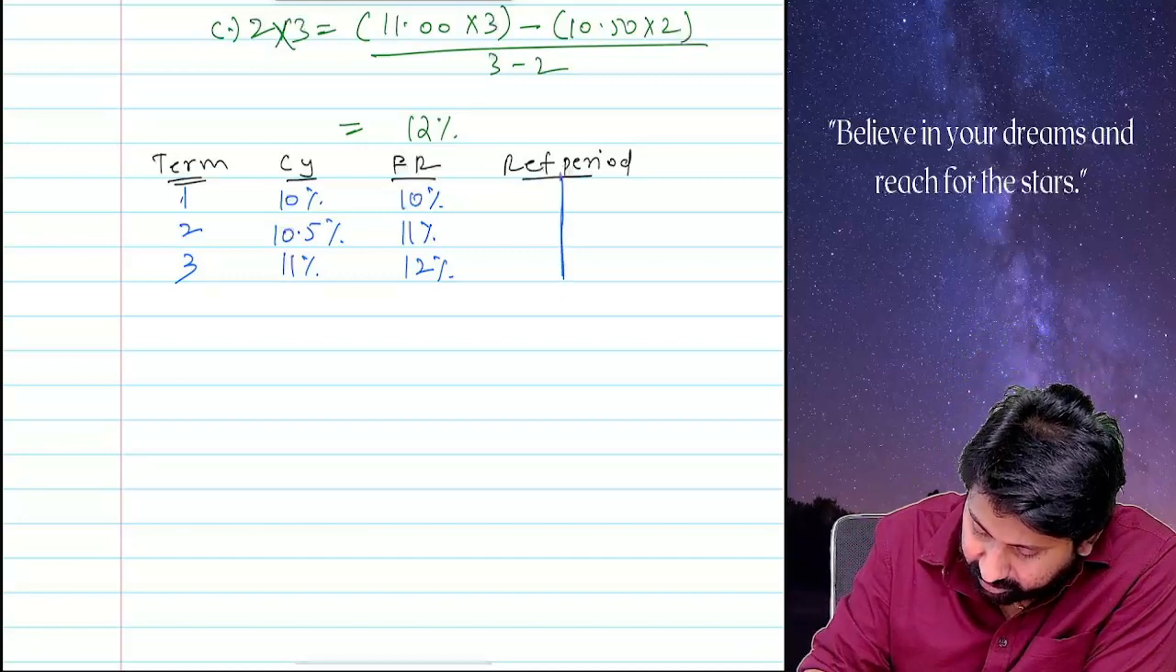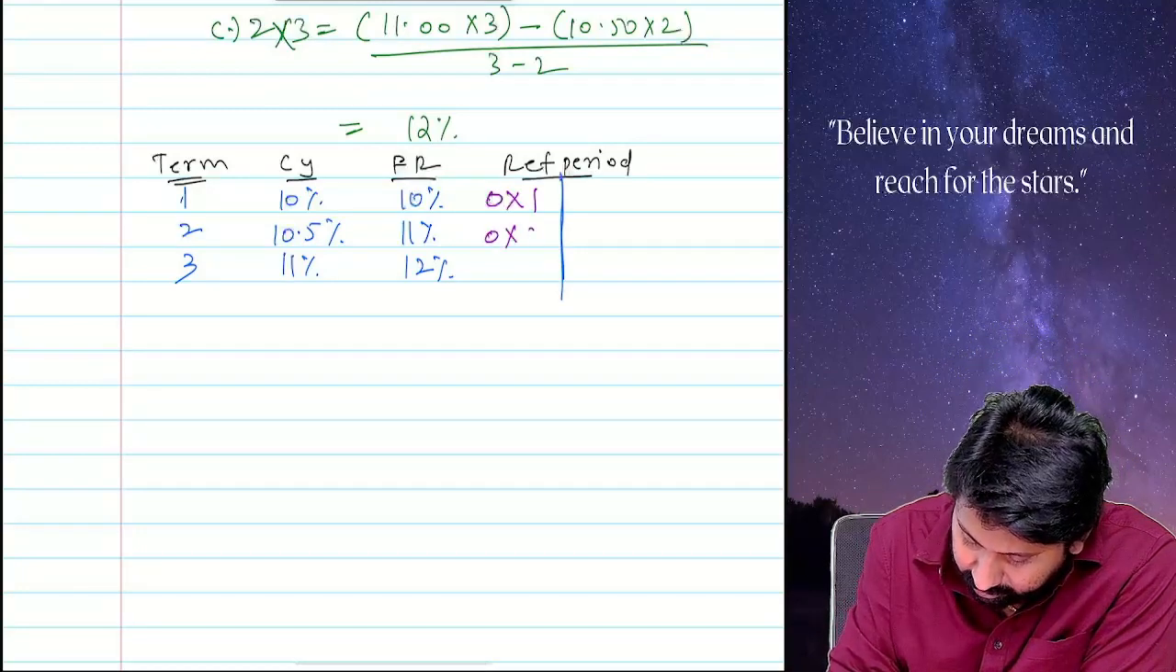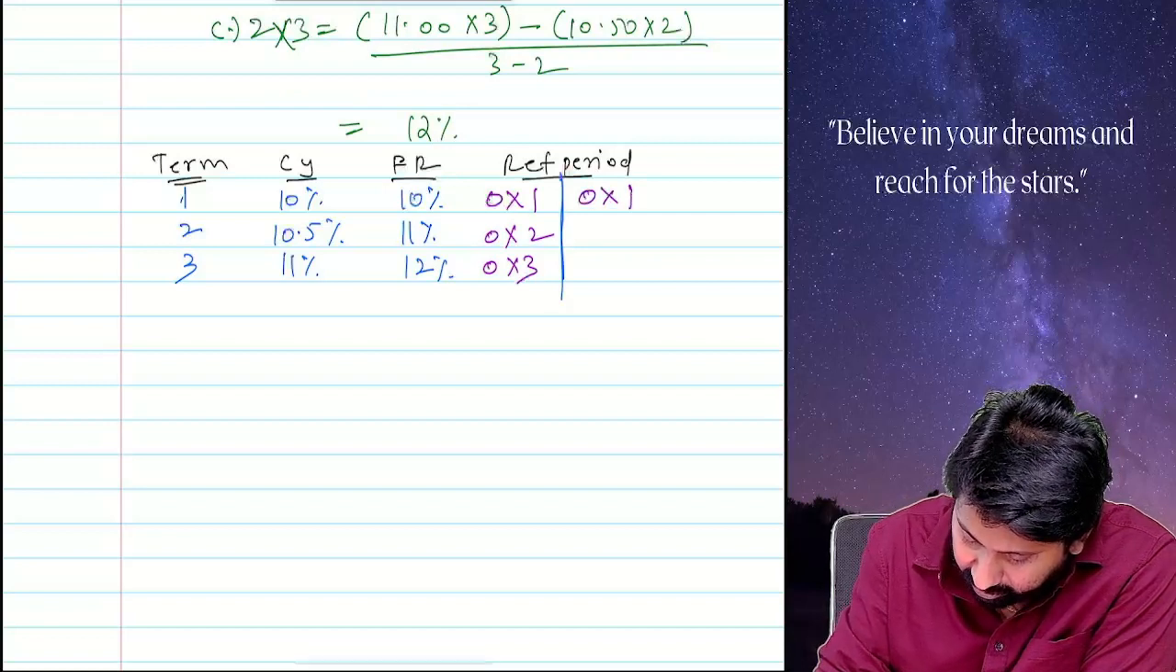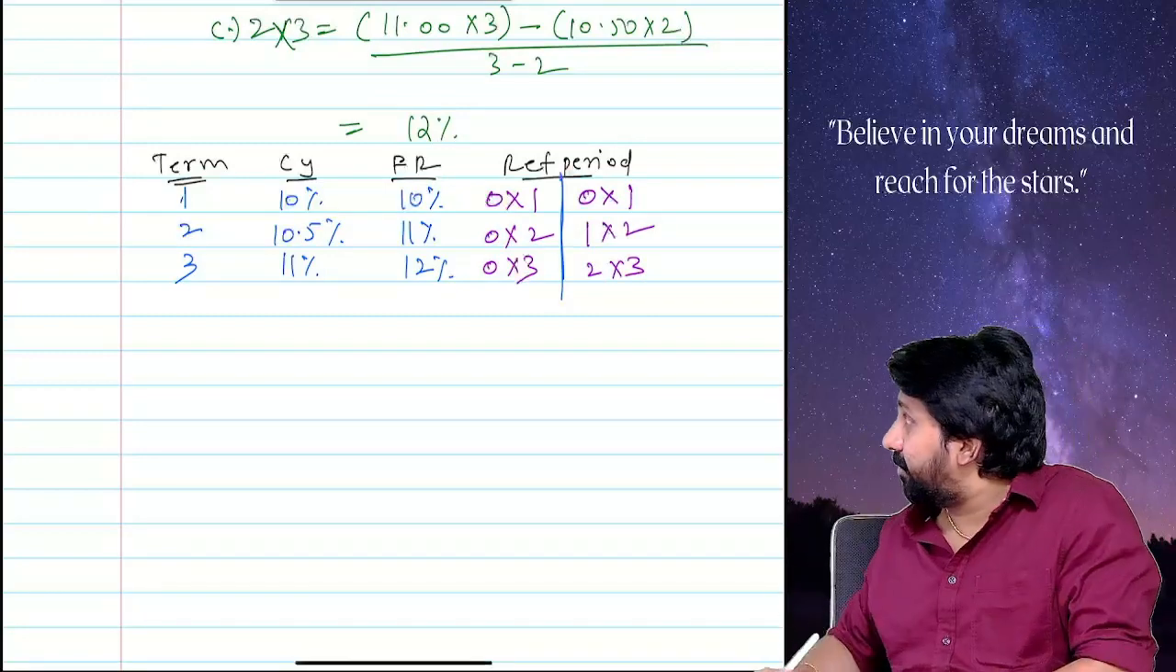Tell me for both. For the normal bond, what is the reference rate? 0 by 1, 0 by 2, 0 by 3. But for this, 0 by 1, 1 by 2, sorry, 2 by 3. Now tell me,